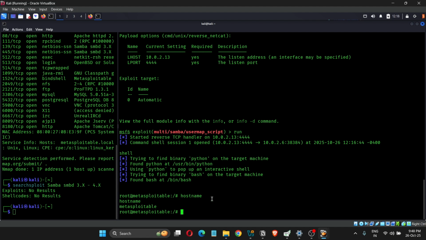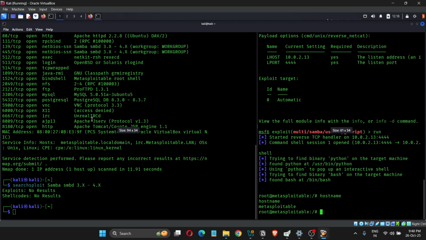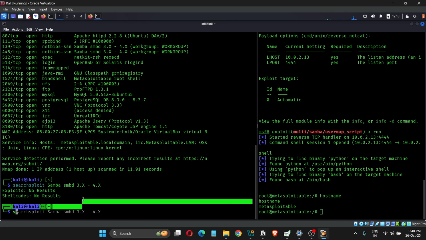And the task is, I want you to take advantage of this IRC related vulnerability, and I think I'll be showing that as well because we'll try to learn how to set the payloads in there. So we'll take advantage of the IRC related vulnerability, Unreal IRC. So we'll search